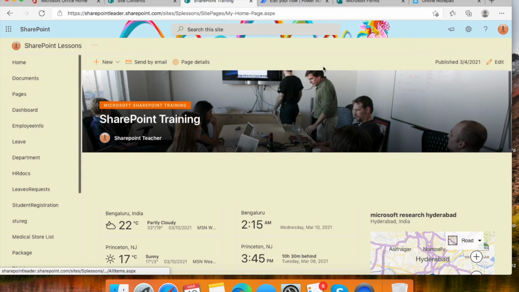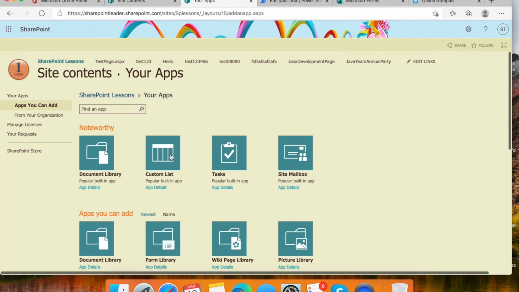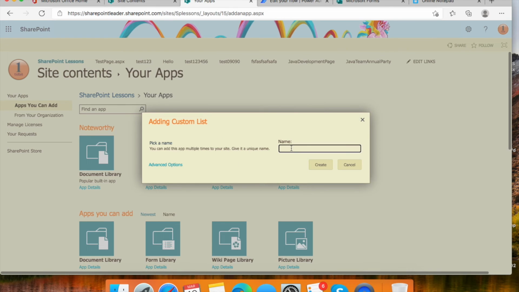So this is my SharePoint site, and here I am clicking the settings wheel on the right side. Here there is an option, add an app. Click add an app, and you can see here custom list, right? Click custom list and name it as capture forms response. Okay, so click create,